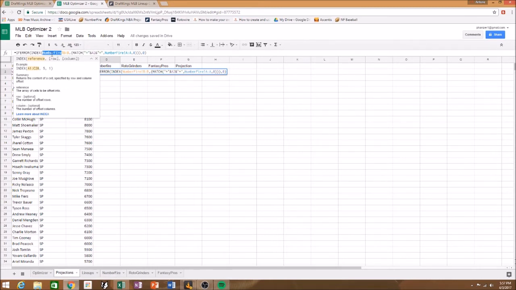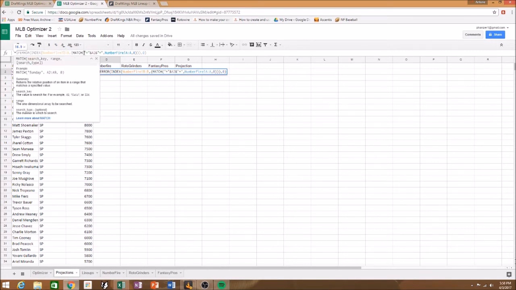Because what this is telling this formula to do is to index this tab, whatever the name of the tab is. For this first column here, column D, we want it to be number fire because our tab says number fire. So it's going to look in this tab. It's going to look in column B. Okay? That's for the points. That's what we're trying to get here. The points from column B in the number fire tab. That's what all this orange means here. Then